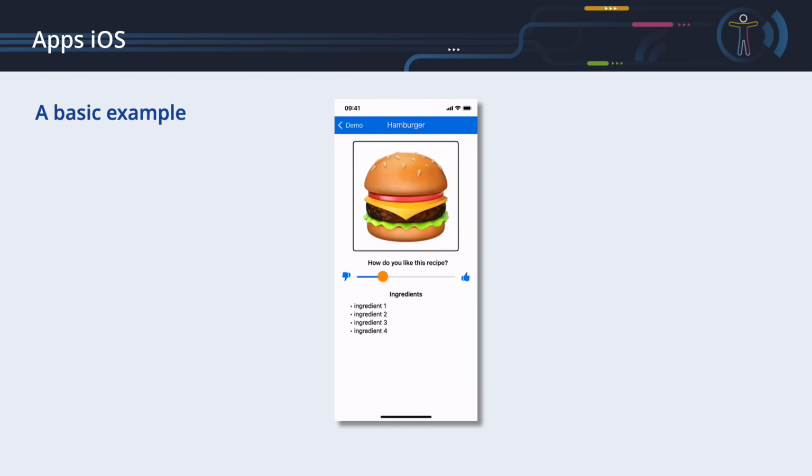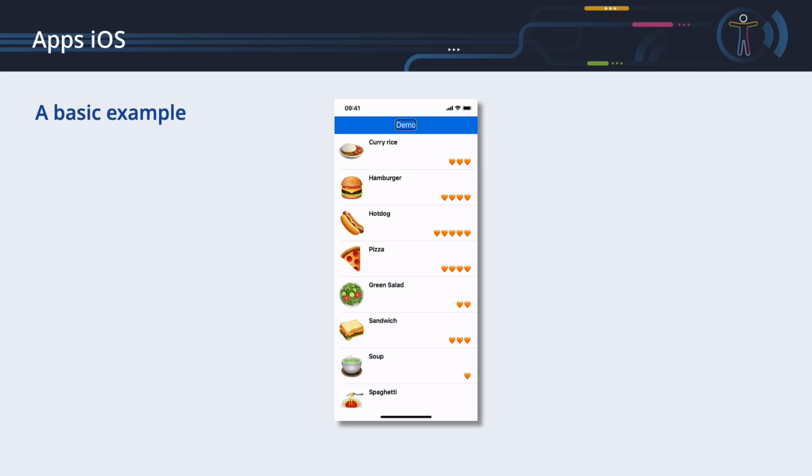A hamburger with tomato, cheese and salad. Image. How do you like this recipe? Evaluate how much you like this recipe. 24%. Adjustable. Select a percentage to indicate how much you like this recipe. Swipe up or down with one finger to adjust the value. 34%. 44%. 54%. 64%. 74%. Demo. Back button. Demo. Heading. This looks much better now.